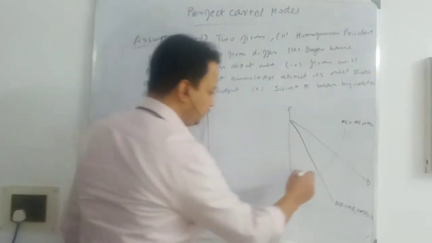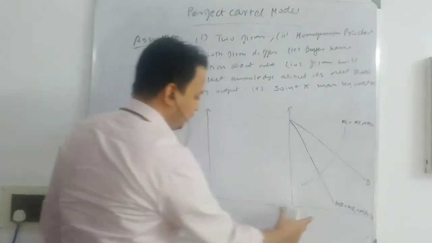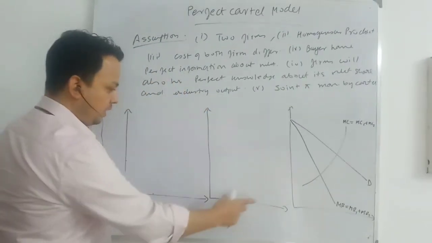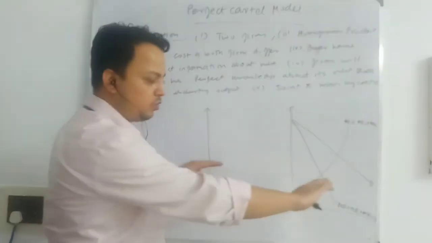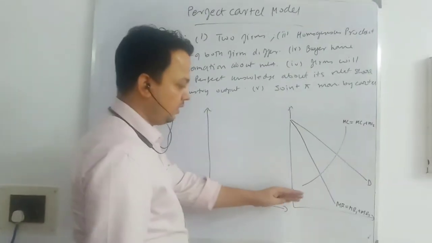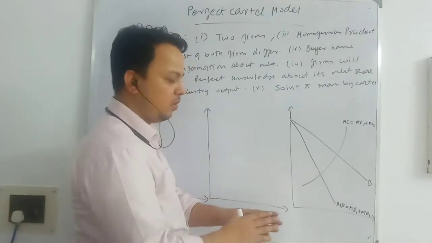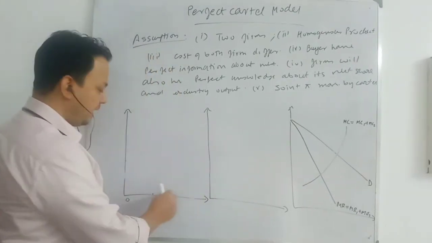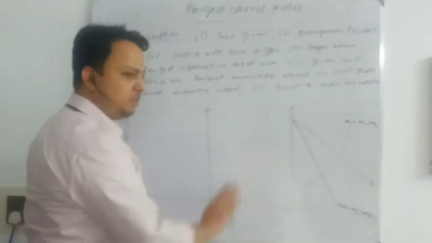Now I don't have the space. So maybe some company's output will look more than what you have in the industry, but when you draw it, you should draw it properly. Or you can do one thing: you can scale the axis properly. Then it will be easy to do.